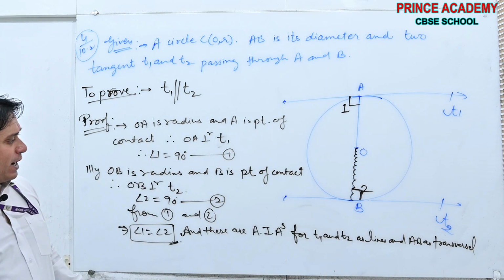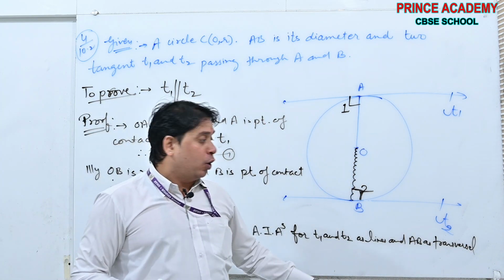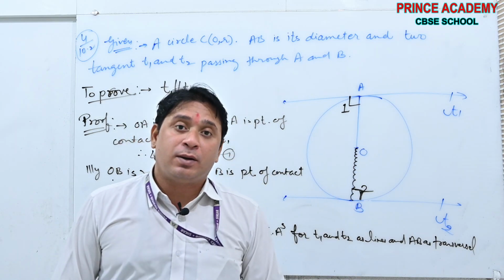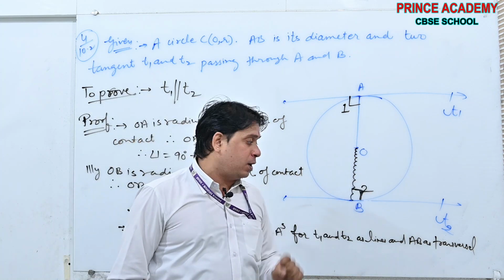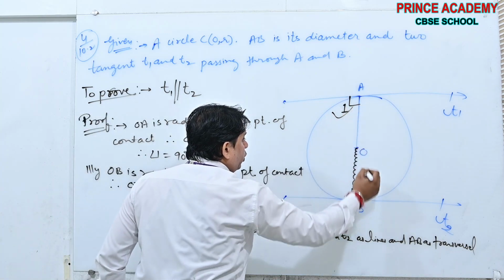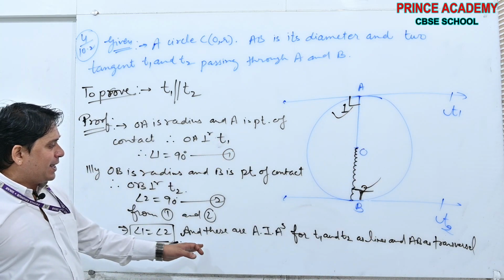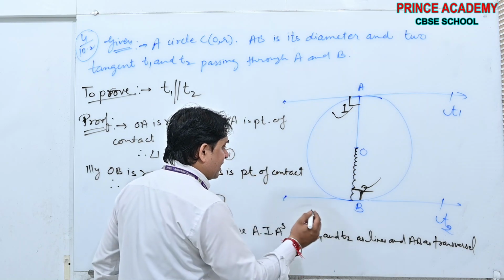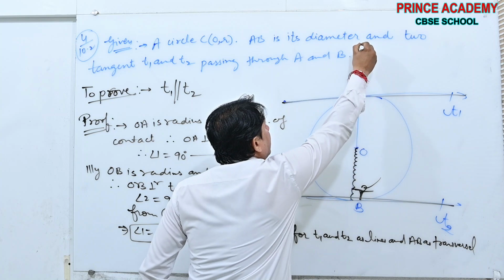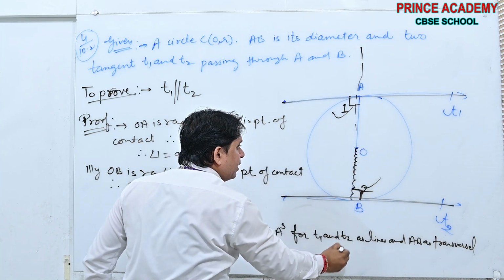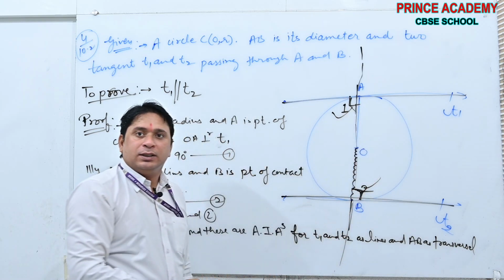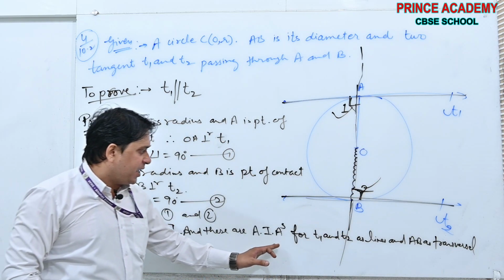Always, whenever you are dealing with such a question, show which parts are being treated as lines and which line is being treated as the transversal. Here, angle 1 is equal to angle 2, and if you observe, these are alternate interior angles. See beta, this is the line, this is the line, and this is the transversal, and these angles are equal. Therefore, alternate interior angles are equal.